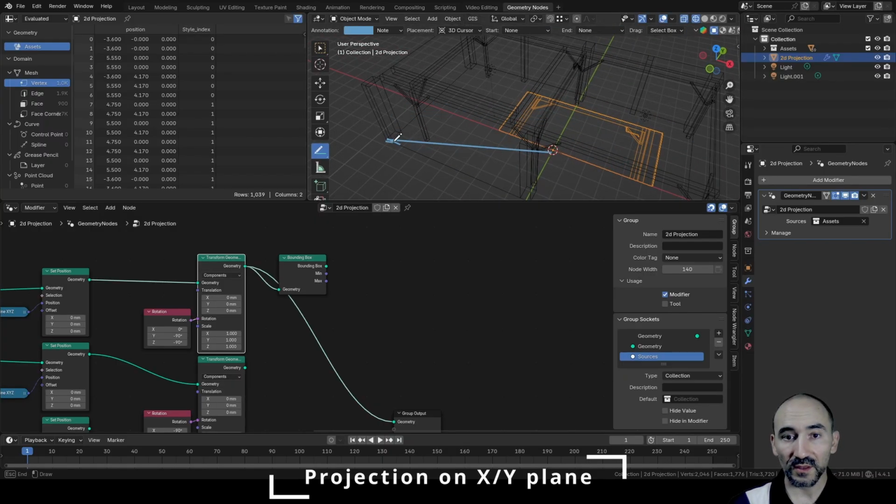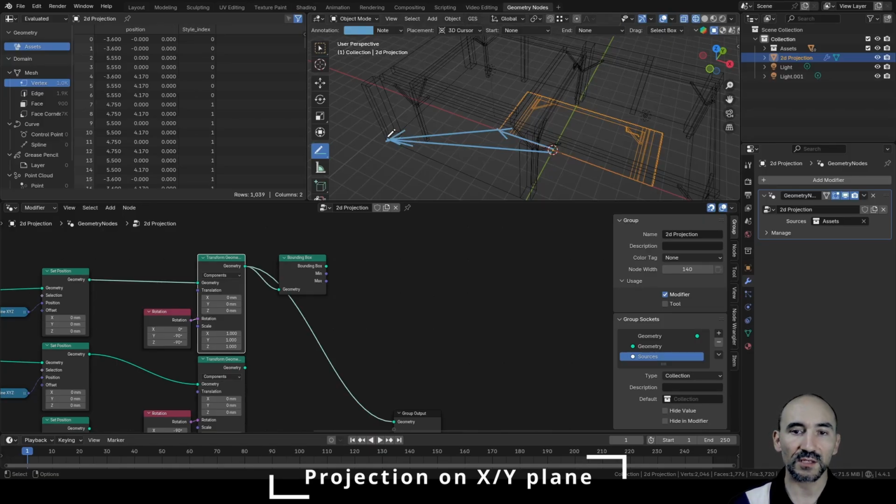So I have this position, and in this case the minimum of our 2D projection is this vector, and to offset the entire geometry from this point to this point, I need to take this vector here and subtract this position, and in this way I can have the difference vector,